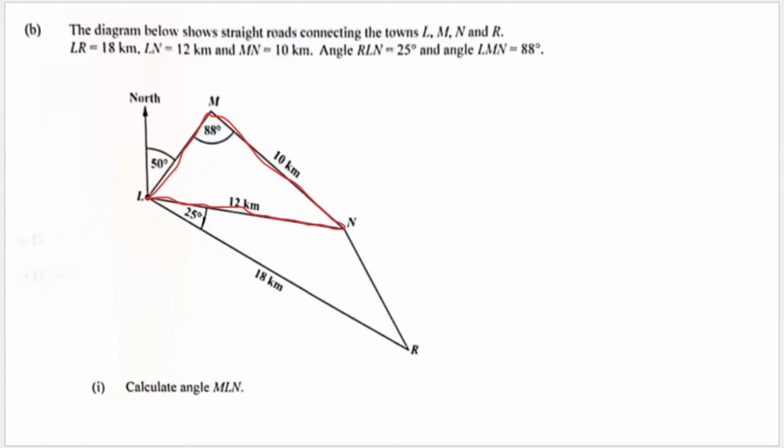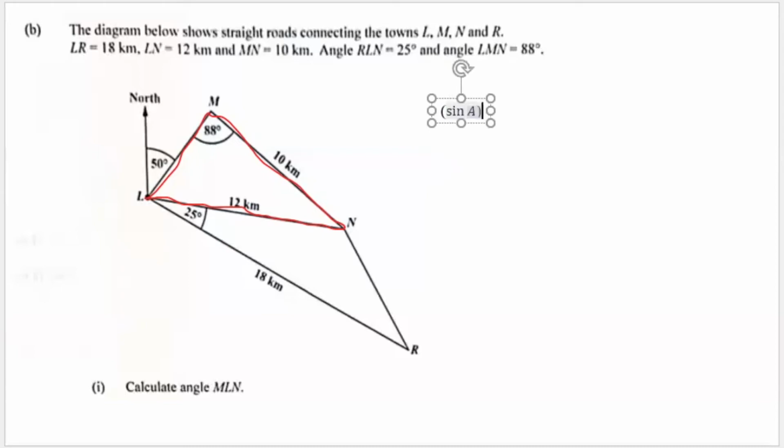From looking at it, what I know that we can use is our sine rule. Because remember, with sine rule, if you're looking for the angle and you have two known sides, then you can go ahead and find. So sine rule, it states that basically